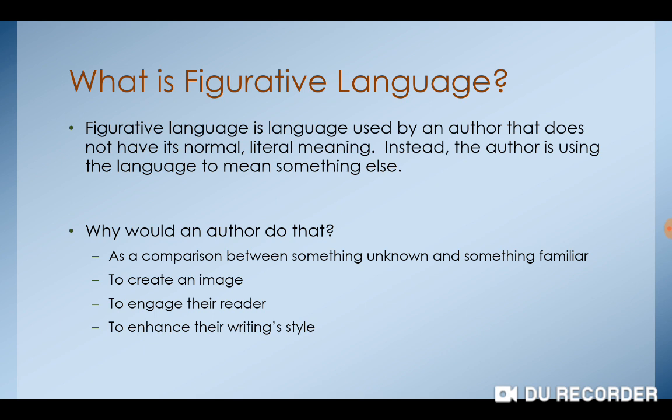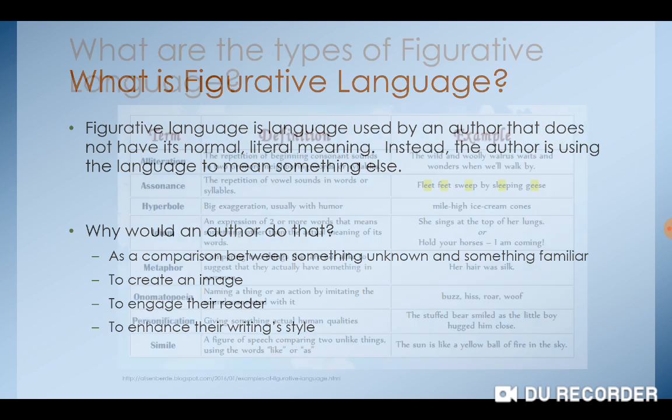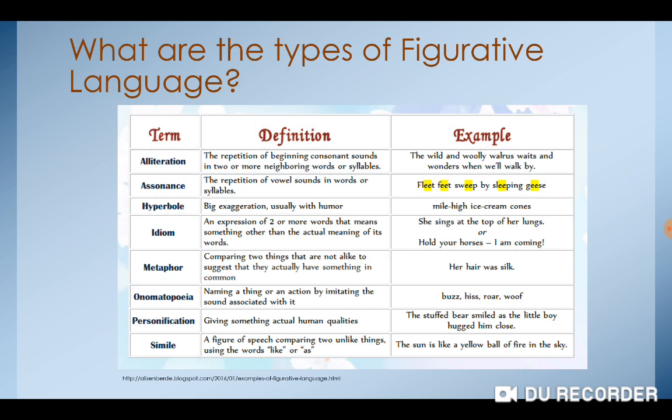But I want you to realize that figurative language is not just for some poetry unit. It's used all the time by authors, and it really helps enhance their writing overall. There are all sorts of types. We're going to go over these types in order, but this slide has definitions and examples that are more general. The ones I'm going to show you on the next couple of slides all have to do with the Monkey God book. But if you need to look back later, especially when you're doing your assignment, this is a quick, easy place to see all of the different types.